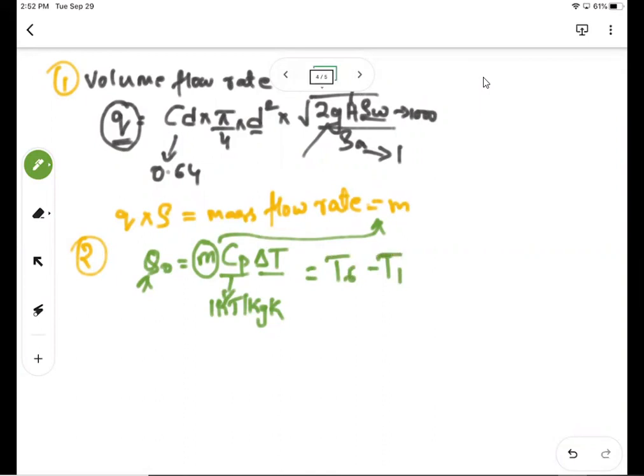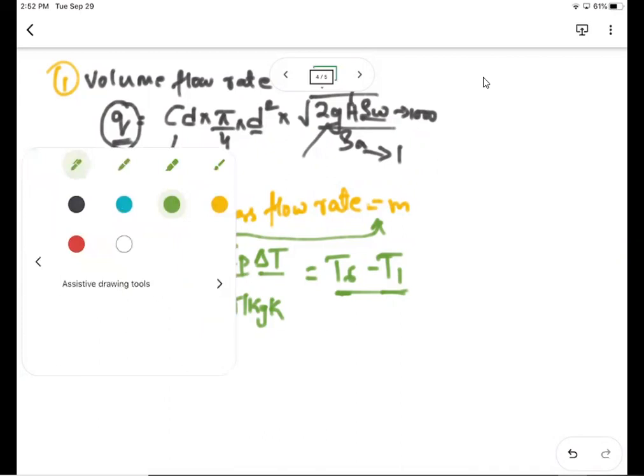Why have I written T6? Because the outlet temperature is definitely going to be higher than the inlet temperature, as the air will pass through the heater. So T6 minus T1 will give you delta T. When you substitute all these values, you are going to get Q. Now once you get Q0,